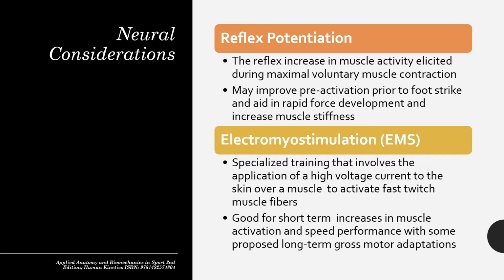The second side of this is the electromyostimulation or EMS stimulation. This is a very specialized type of training that is going to use voltage currents through the application of pads to the skin, and particularly over certain muscles and muscle fibers to try to activate the very large fast twitch muscle fibers. If you've ever done STEM in like a training room where they put it on to try to block pain, we can also use this same equipment to work on muscle strengthening.